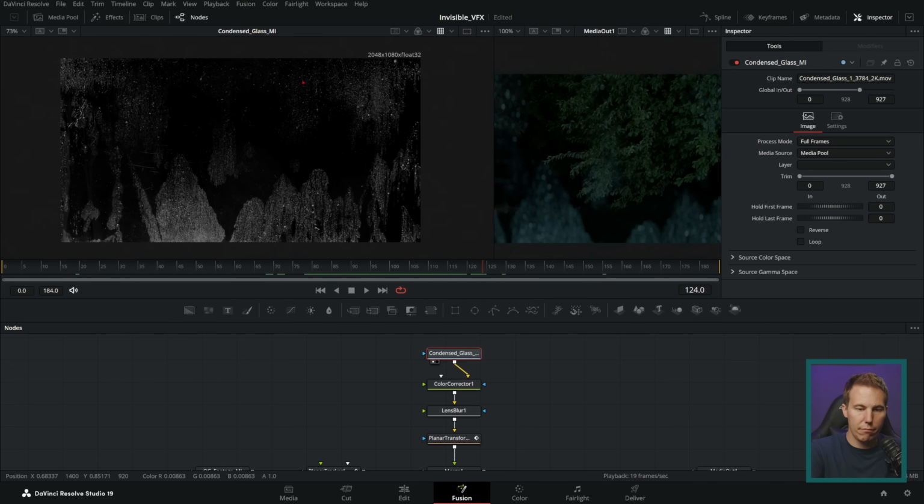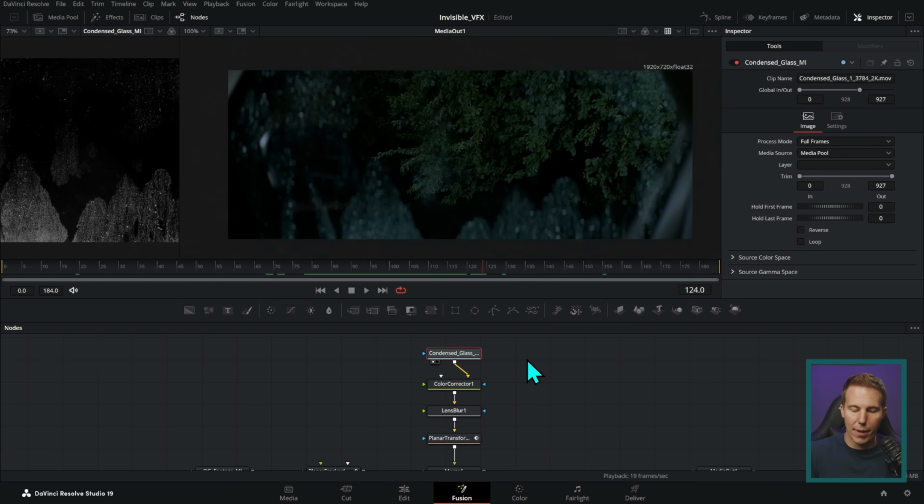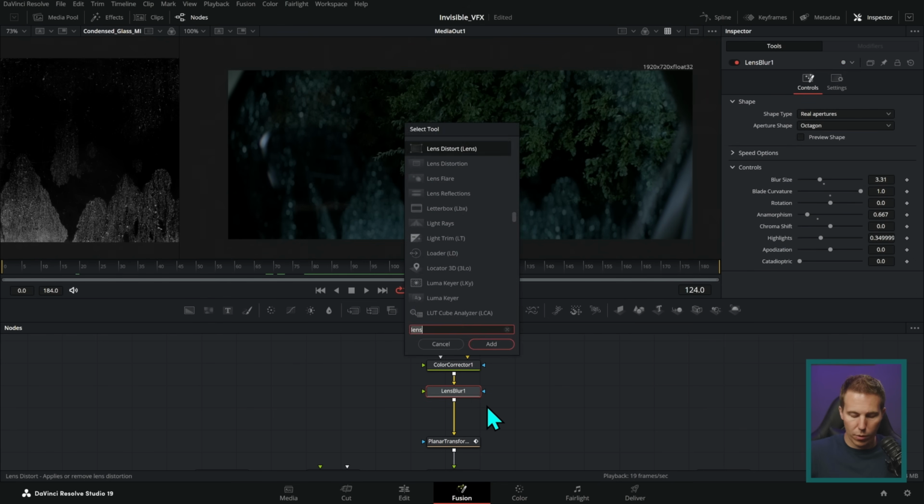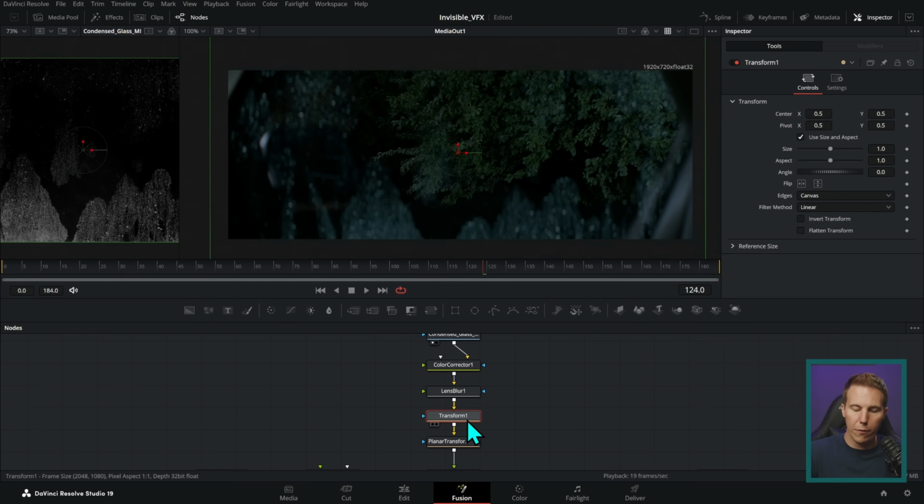We might want to maybe just use this upper part. Because this is going to be blurry, we can scale this up and it's not really going to matter too much. And so let's do this right before our planar transform. If you put two transforms together, it ends up being a little bit higher quality, whereas if I were to put this transform before the lens blur or something like that, it's going to essentially sample the image twice. And so to keep the highest quality, we're going to keep these transforms next to each